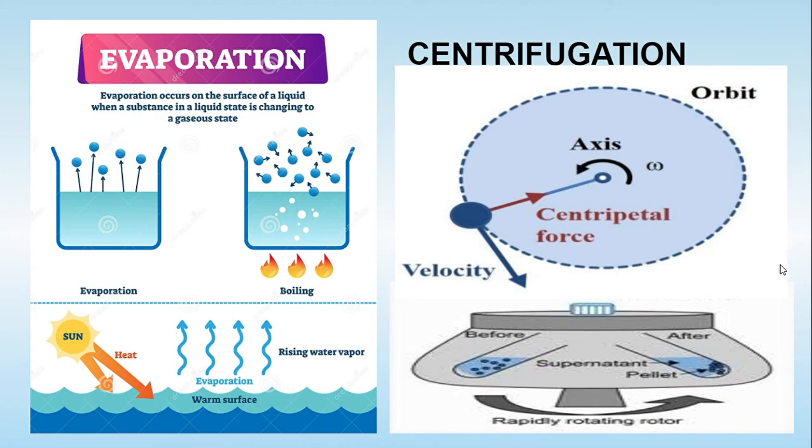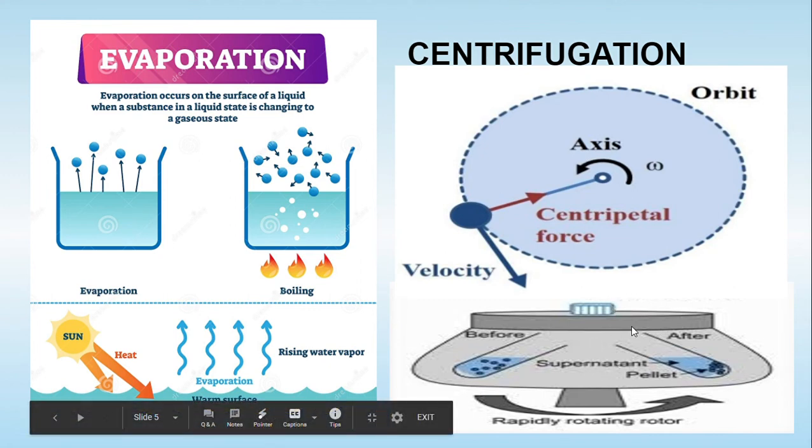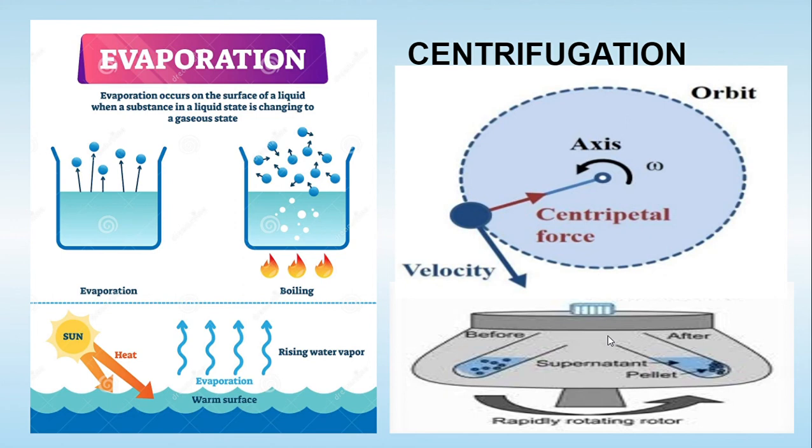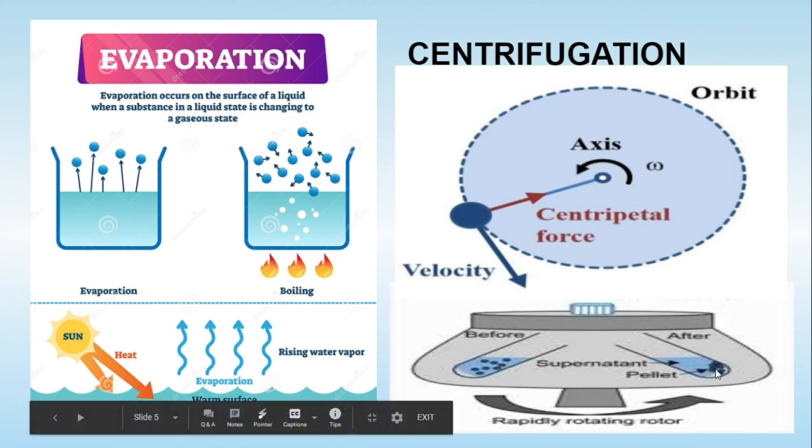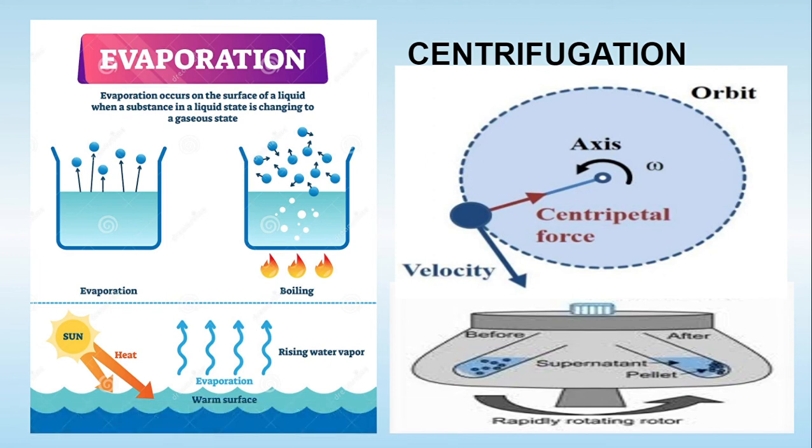The other unit operation is known as centrifugation. As the name suggests, it is a process in which we use centrifugal force. Because of the generation of the centrifugal force, the particles are thrown away towards the periphery. Here the example is given in which a centrifuge is there in which we have the suspended particles. The suspension is set, and we rotate it, giving the centrifugal force, and after the centrifugation is over, the solids are separated at the bottom while the clear liquid is taken out from the top. So these are the various unit operations which we are going to study throughout your pharmacy curriculum,